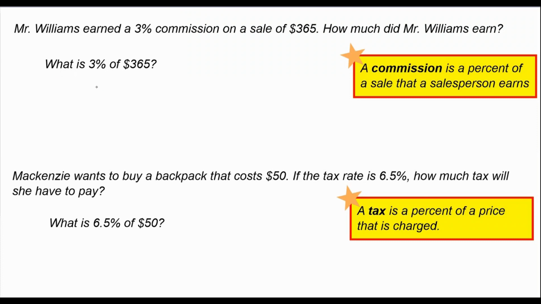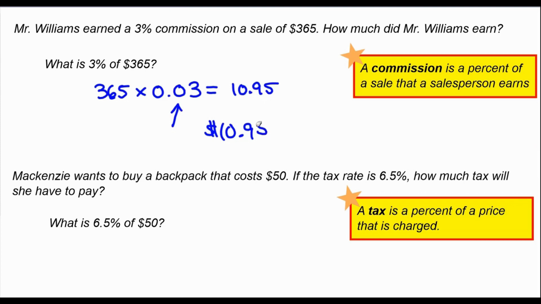Well, to find that, I'm going to multiply the 365 by 3% as a decimal, which is 0.03. Remember to watch out for that common pitfall. 3% is not 0.3, it's 0.03. Make sure you're dividing your percent by 100. And when we do that multiplication, we get 10.95. So in this context, Mr. Williams earned